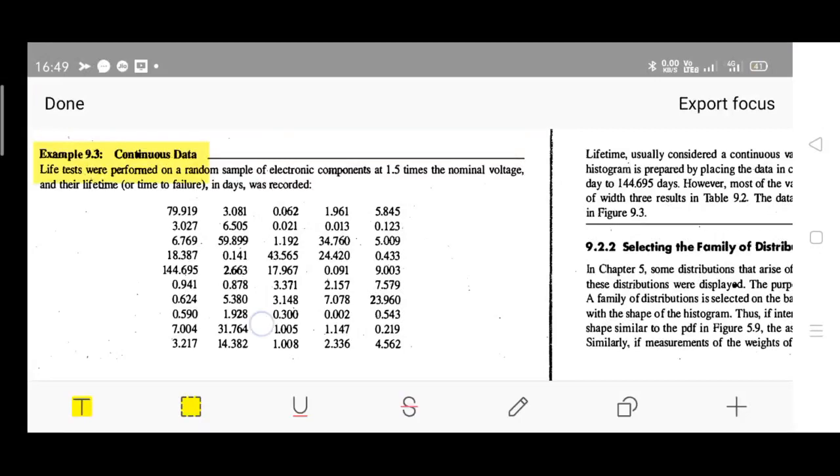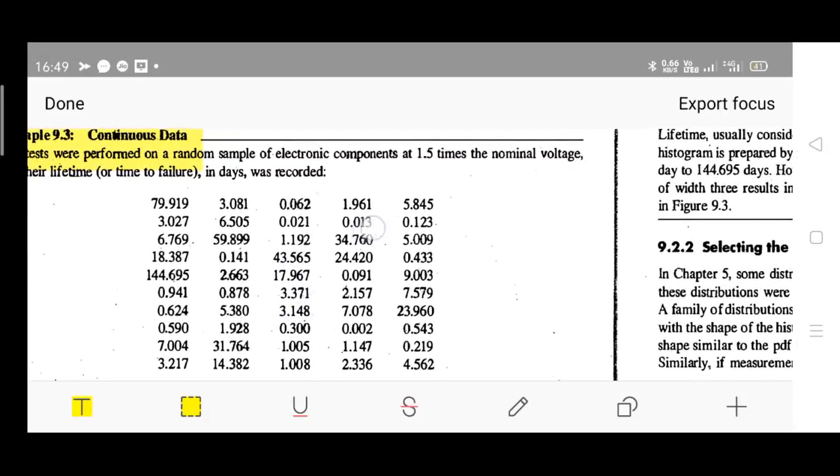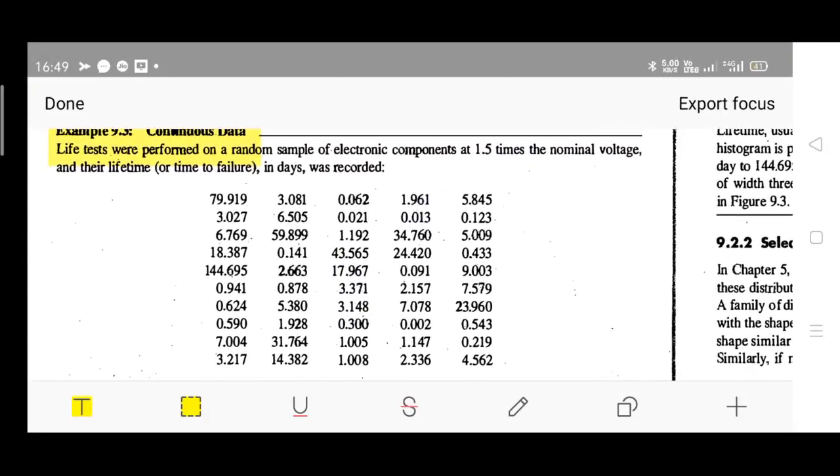So students, the previous example was about discrete data. Discrete data in the sense that we observed a particular junction, the northwest corner junction, and the number of arrivals in the particular interval of 0 to 5 minutes, 7 a.m. to 5 a.m., was observed. The total number of vehicles is observed, and we have plotted the histogram of the number of arrivals against frequency. The graph is plotted.